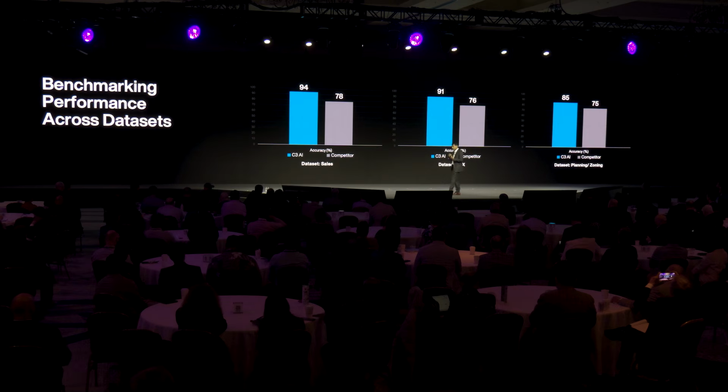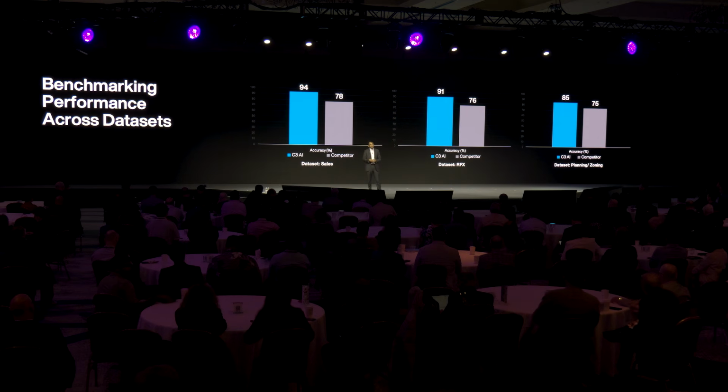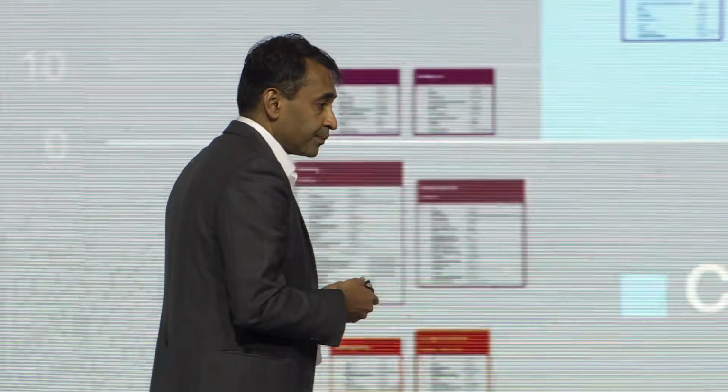This is just one visual of a graph ontology, knowledge graph running on top of our ontology for a financial services use case. And you can see some of the complexity that we're able to handle. This is for a set of SEC documents. And this is what gets us that accuracy. And this is benchmarking 3 individual deployments of our agentic AI products over the last year. And we're consistently beating many of the other alternatives that companies have compared us to. This is talking about a sales use case, a proposals use case, and a planning and zoning use case.